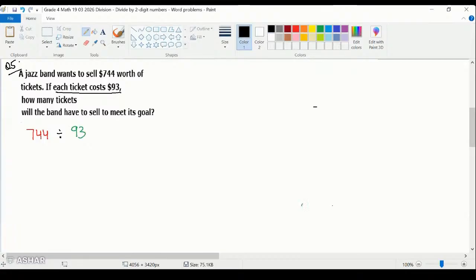Dividing 744 by 93 is a big number, right? So the easier way to do this is we can either round off, or we say